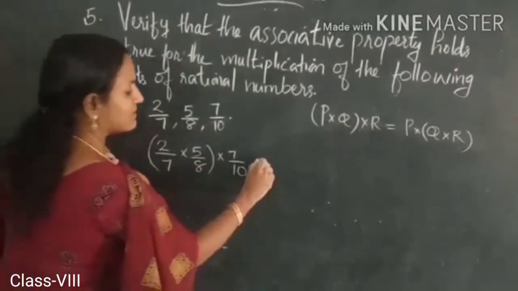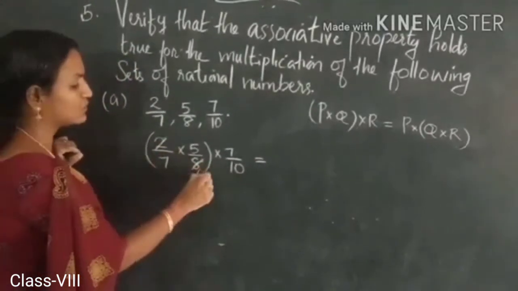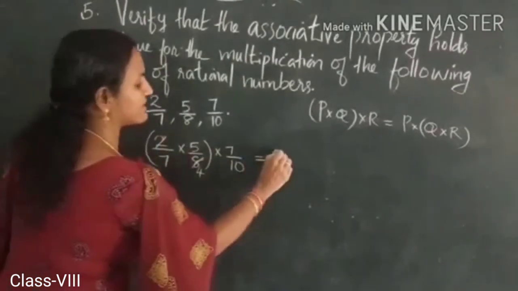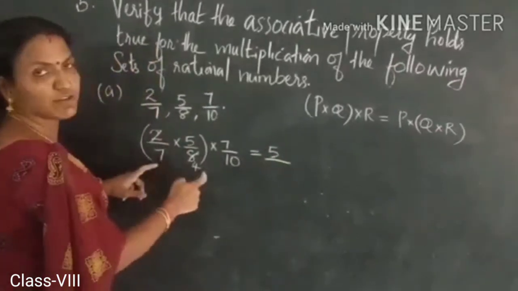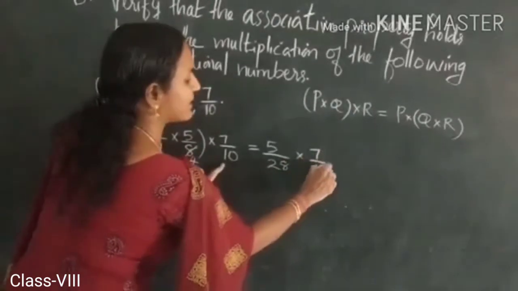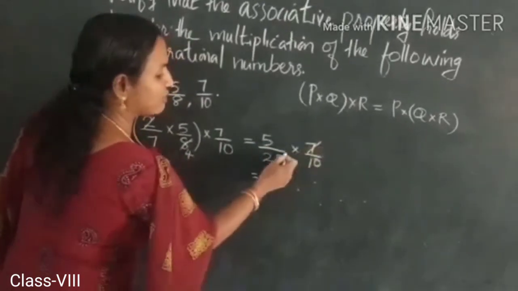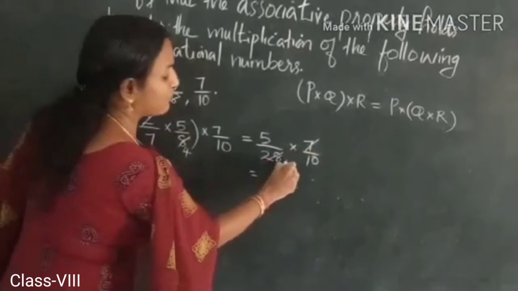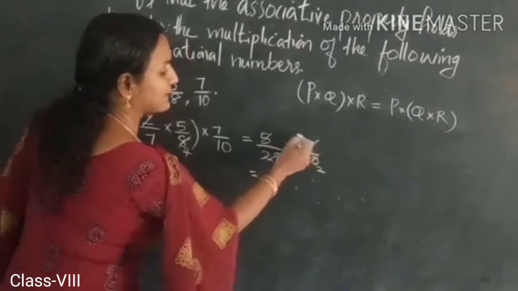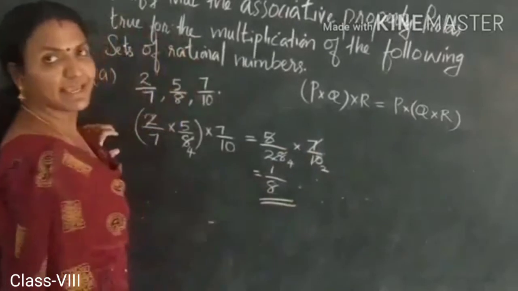Okay? Is equal to 2 and 8 cancel. 2 4s are 8. Okay? Then multiply the numerators. 1 into 5, 1 5s are 5 divided by 7 4s are 28 into the third rational number 7 by 10 is equal to, again cancellation, 7 and 28. How many 7s are 28? 4 7s are 28 and 2 5s are 10. Is equal to, multiplying the numerators, 1 into 1, 1 divided by 4 into 8, 1 by 8.